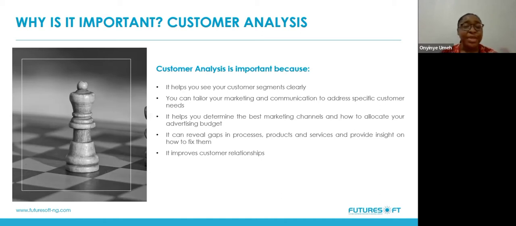If you work with customers, you would know this, they don't want to be grouped and managed as others. Everybody wants specific attention, specific needs met. With customer analysis, you'd be able to do that because you now know where in the spectrum your customers fall. Do they want more attention, or do they just want you to give them what they want and disappear? Because you understand them, you'd be able to tailor your customer service to meet their specific needs.